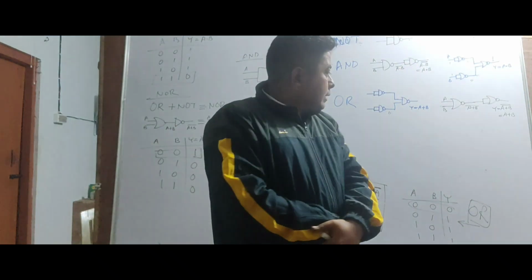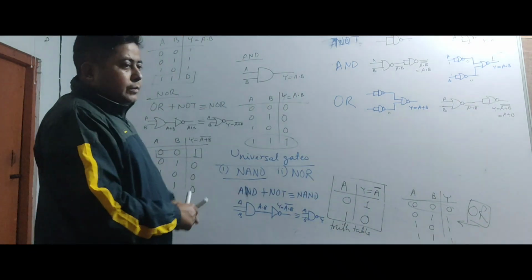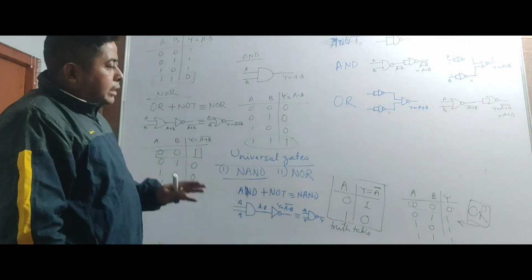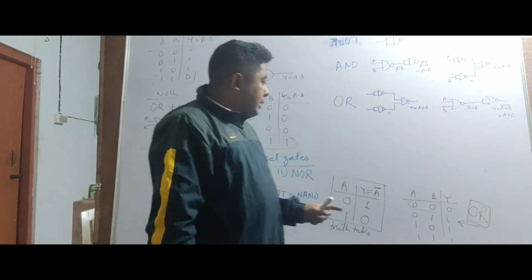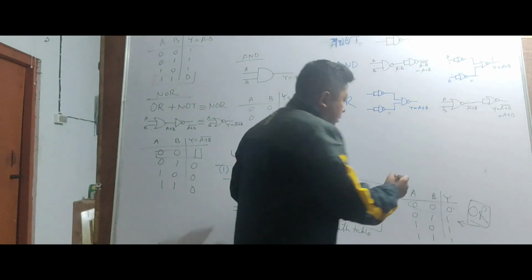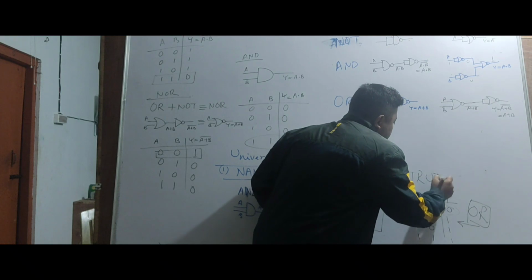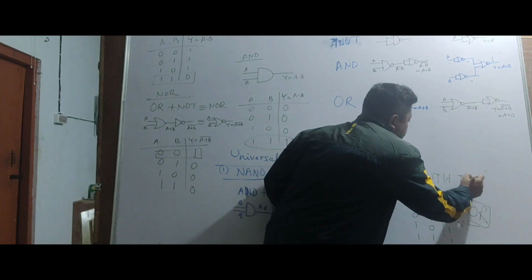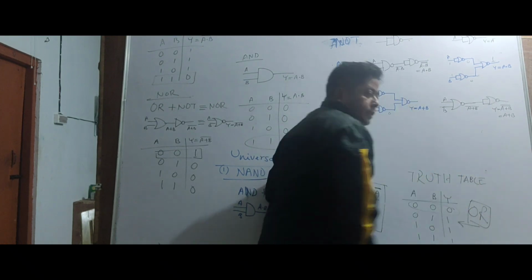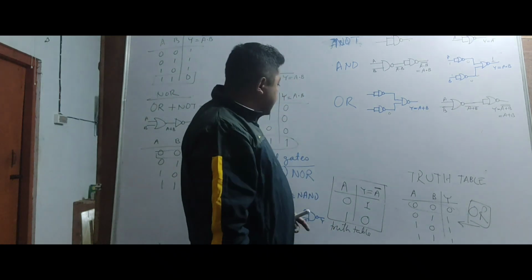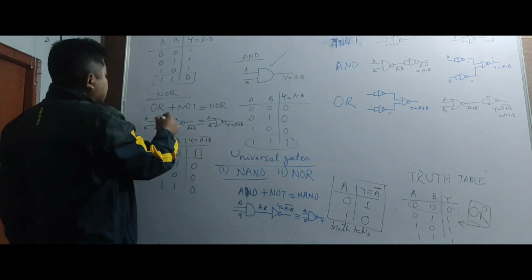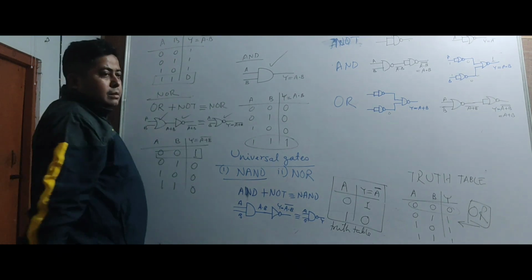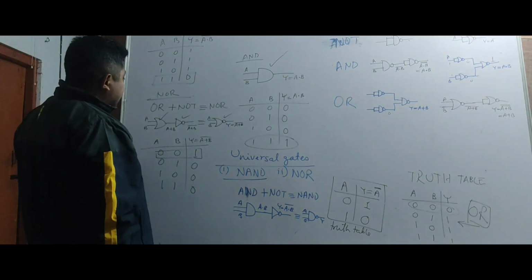Yes? Okay. So any doubt you have? Okay. So actually what we have to study, for example? We have to study the truth table. This is called the truth table. We have to study the truth table for each and every gate. We have to study the symbols. Okay. And then we have to study